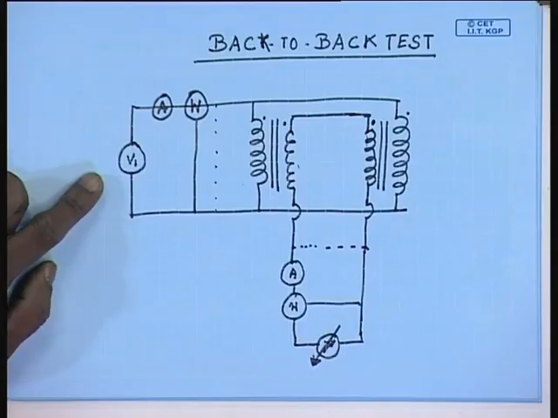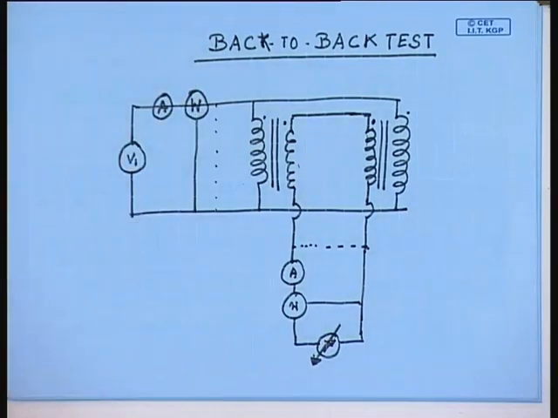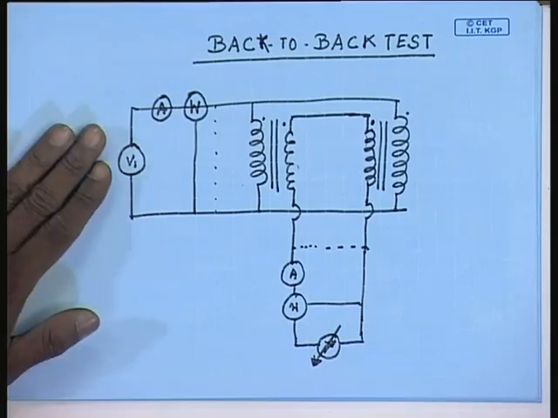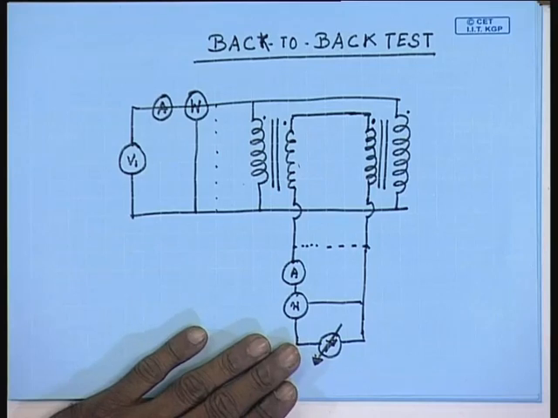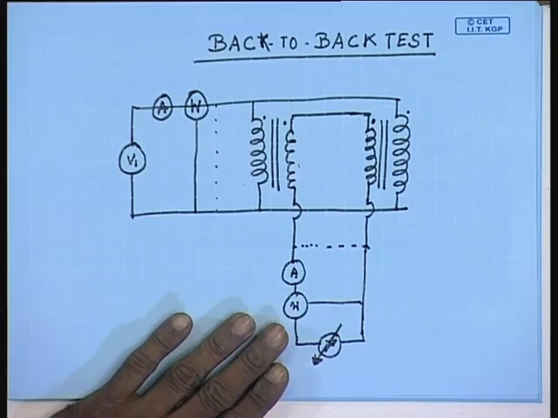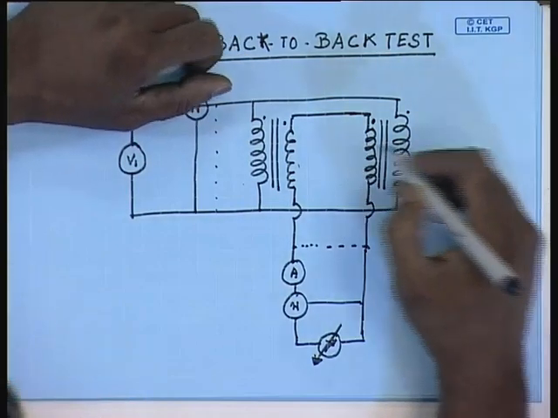Therefore, when source V1 is present and V2 is shorted, the power drawn is simply the core loss of the two transformers. Now, when V1 is shorted and V2 is applied, then the power drawn is the copper loss of the two transformers. When both are applied, let us say